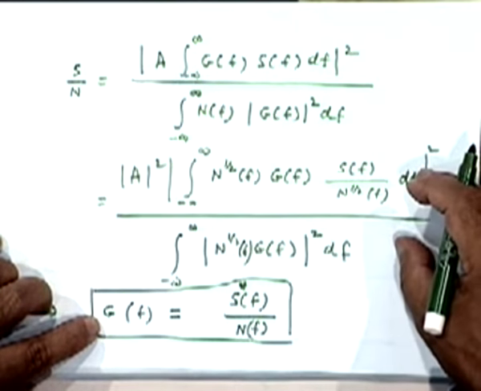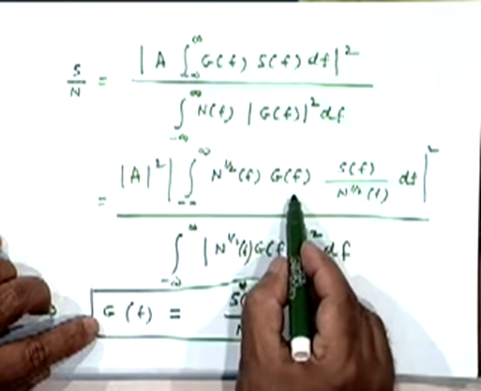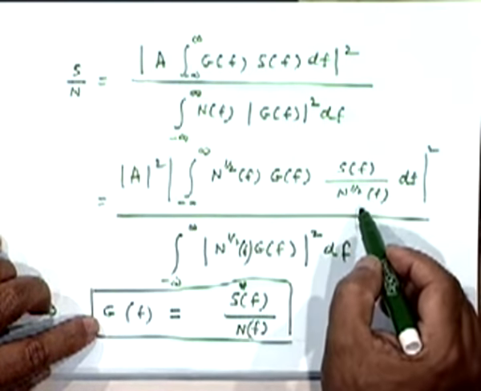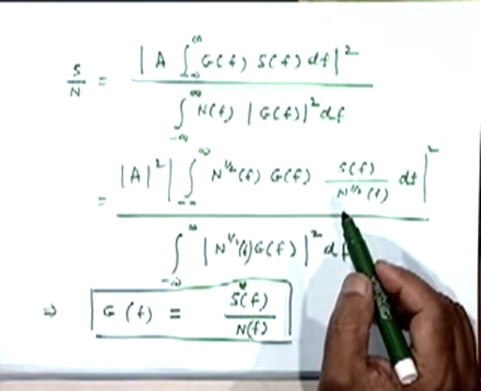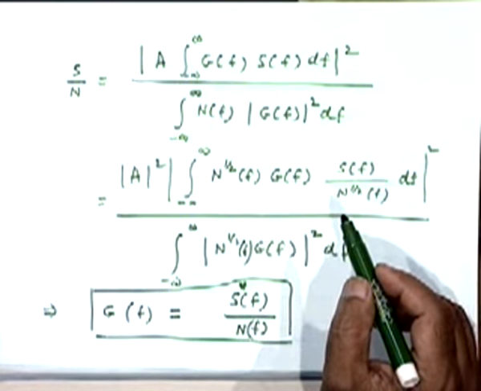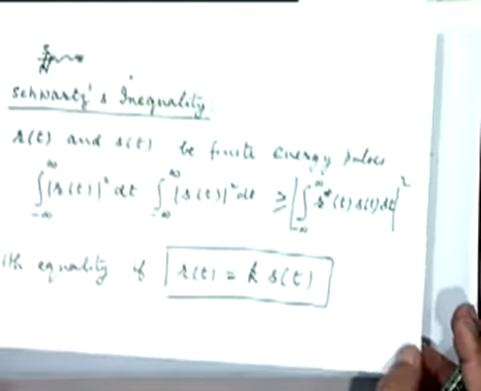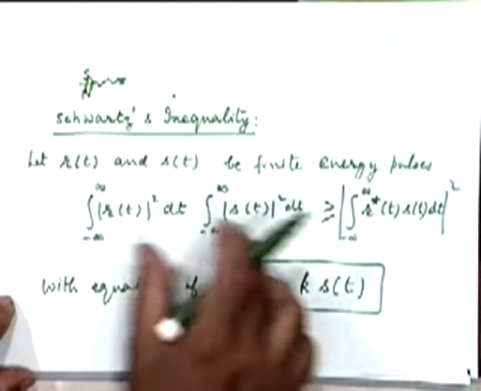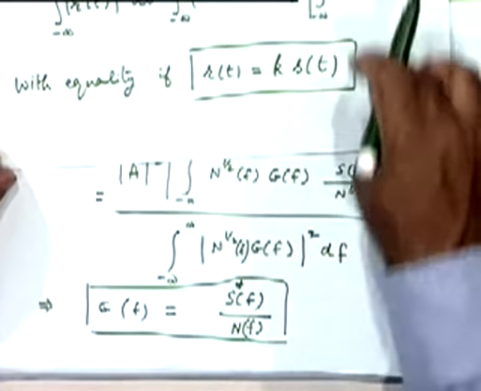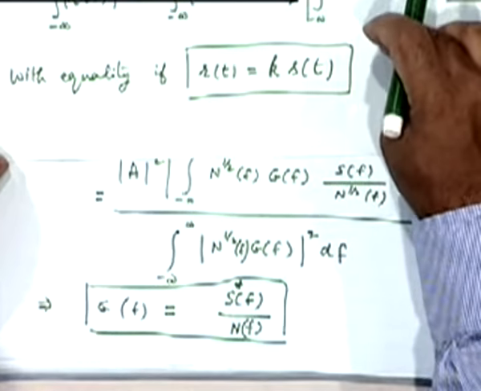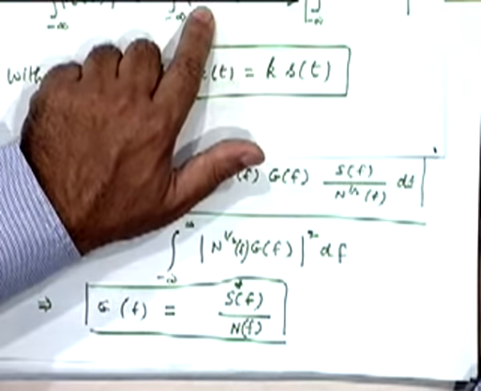How does it come? It comes from the condition that the conjugate of this function should be some constant times the conjugate of this. In the denominator you got only one of the product terms. Why not two integrals? Basically it is the product of two integrals, the RT square integral multiplied by the ST square integral. That is what I tried to explain to you from this basic result. I'll take one of these here, and then there is a perfect matching between this and this. All we're saying is that this ratio is less than or equal to a certain quantity, which is a constant that depends on ST.